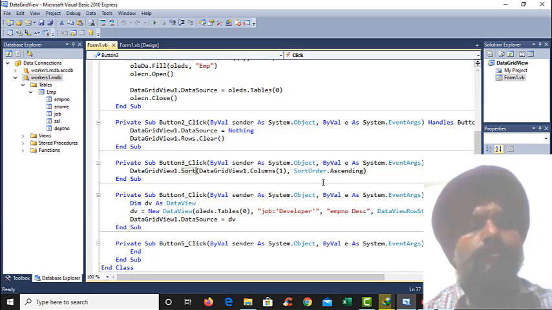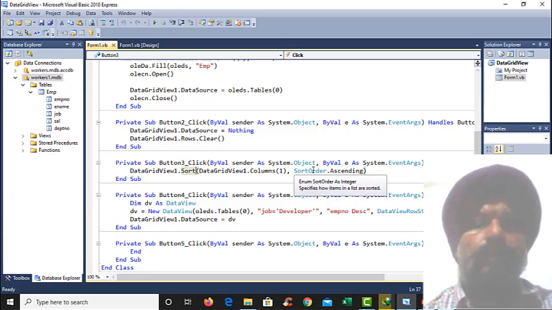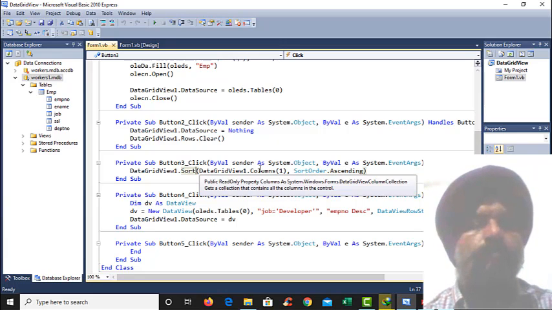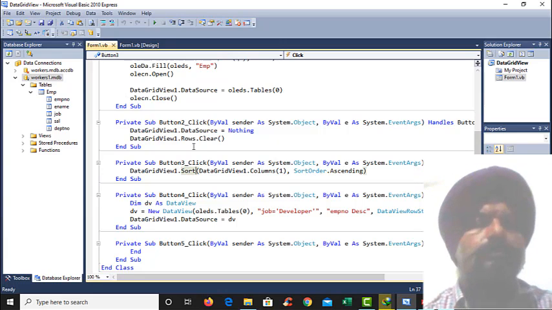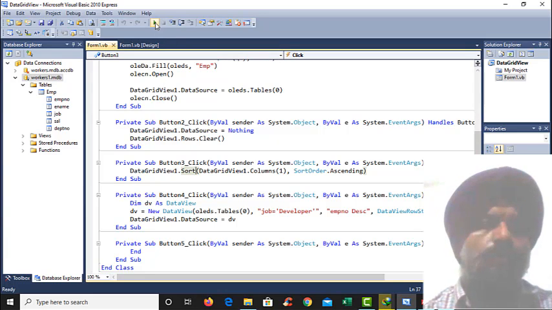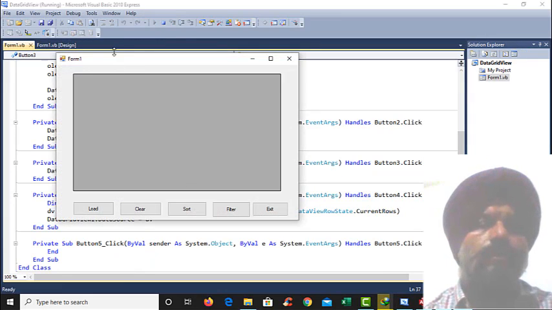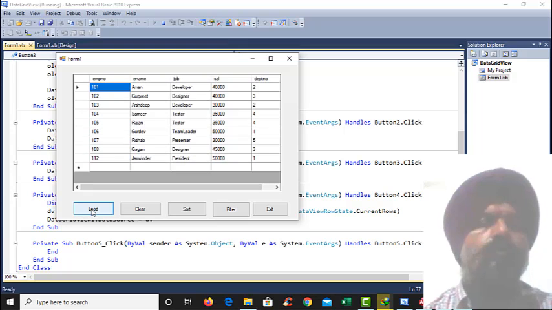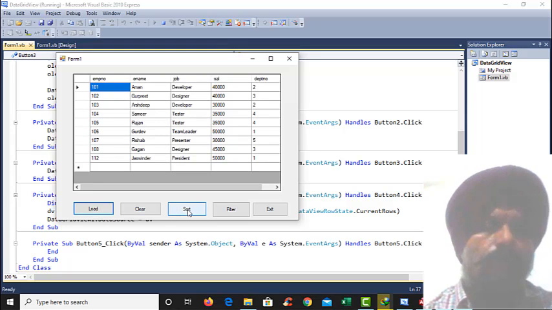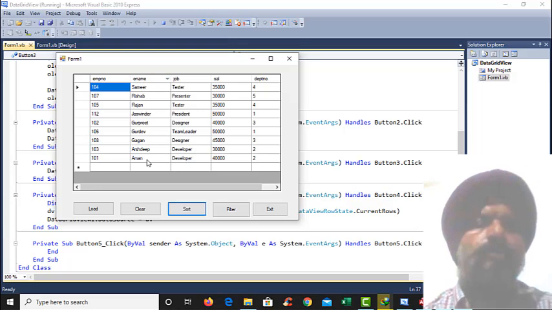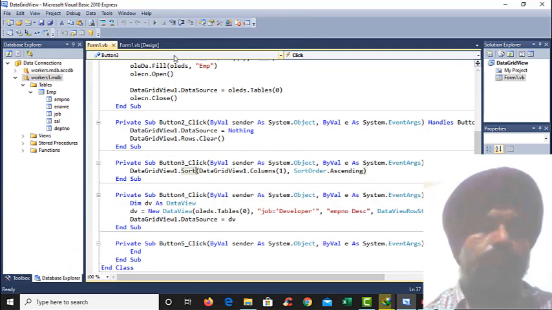And what is the sorting order? It can be ascending or descending, depending upon the result you want. So now click on the play button, load the values, and click on the sort. Sort will sort the E name in ascending order. You can change this as you require.